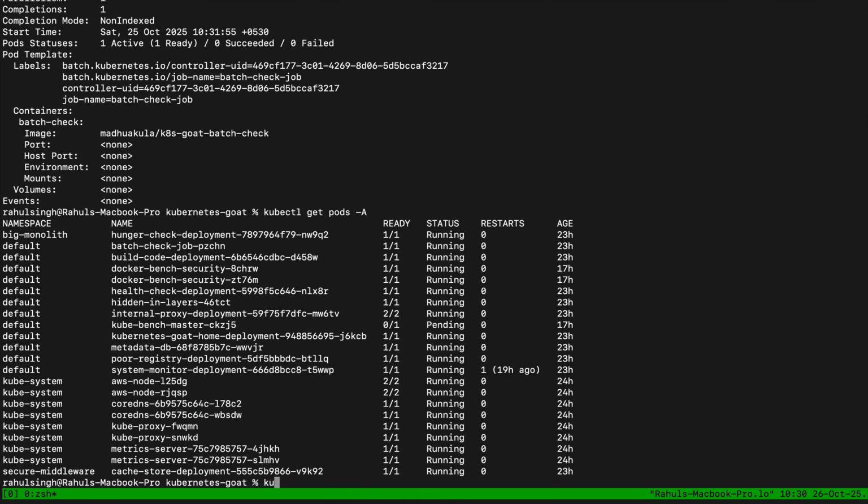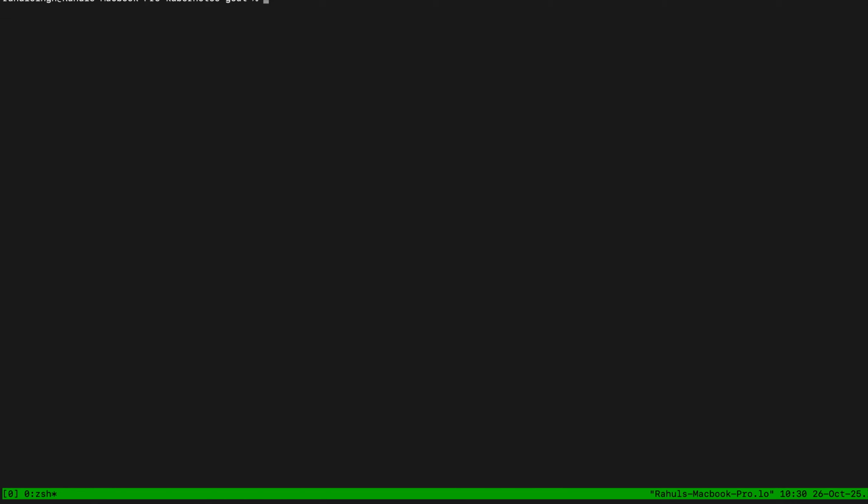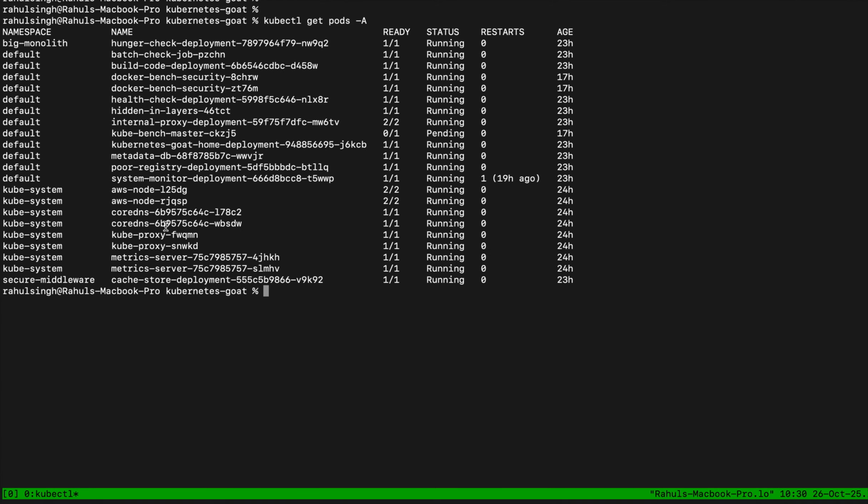So what I did next was, let me do it again. The next thing that I did was I was trying to SSH into all of these. So I was doing kubectl exec -it followed by each and every one of these, /bin/bash, and you also have to specify the namespace by -n. So I was trying to get bash access to all of these. I couldn't get access to a lot of these, but that's one thing that I tried,